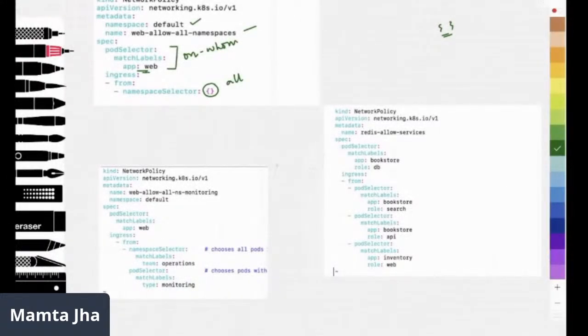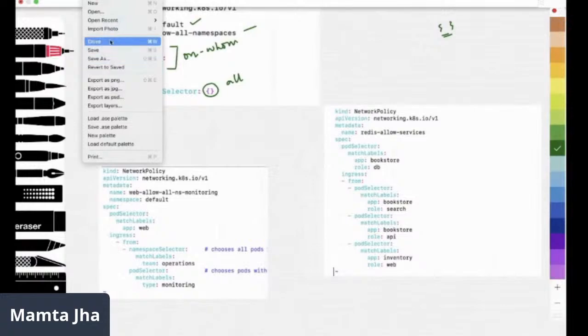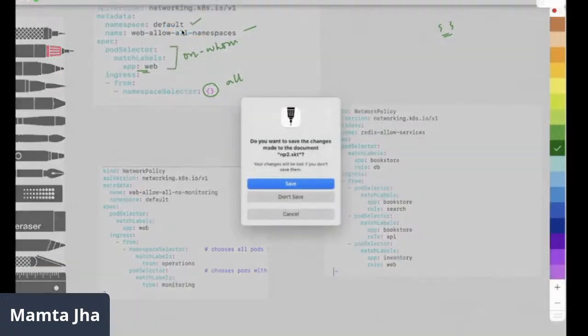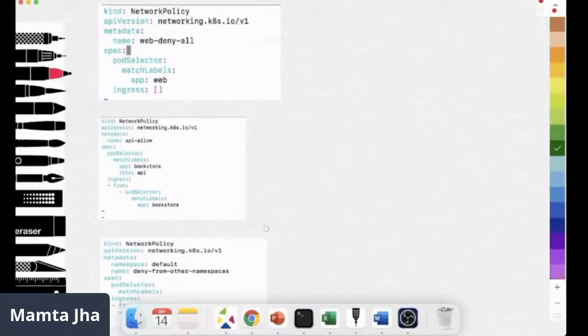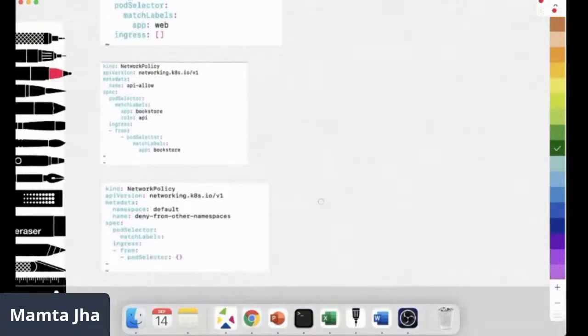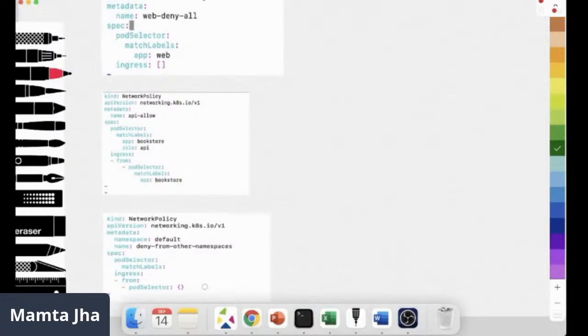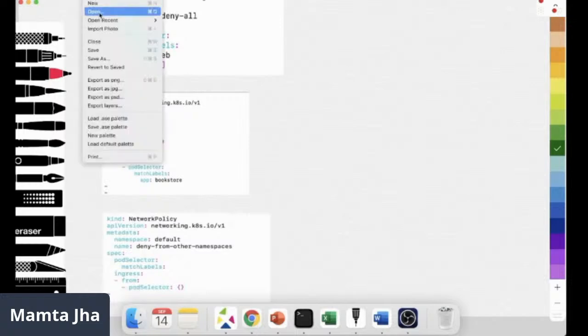Last time, if we just go back to the older snippet, let me get that too for your reference. Here, namespace itself was not mentioned. That's the reason it didn't consider any namespace.